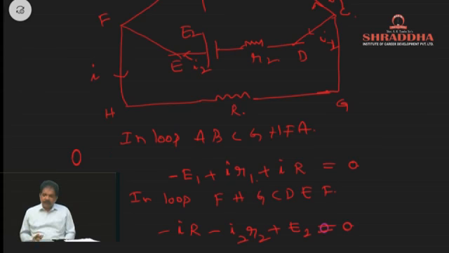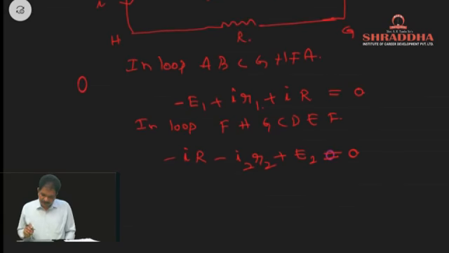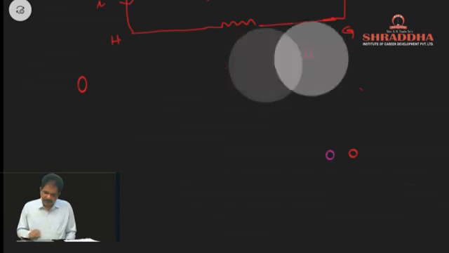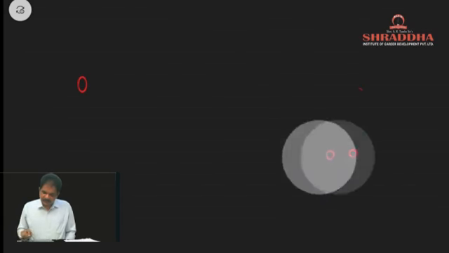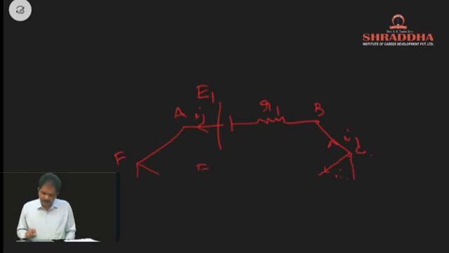Like this, we can apply the Kirchhoff's laws, and using these two, we can find I1, I2 and I values, applying the Kirchhoff's second law. So that is Kirchhoff's second law. Next, after completion of this, let us discuss about